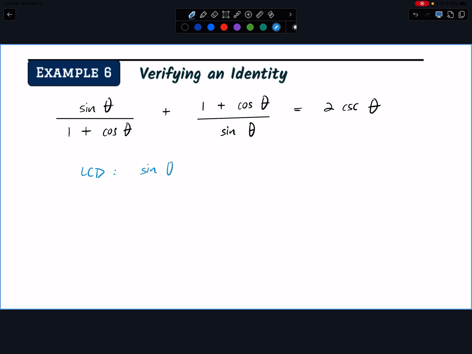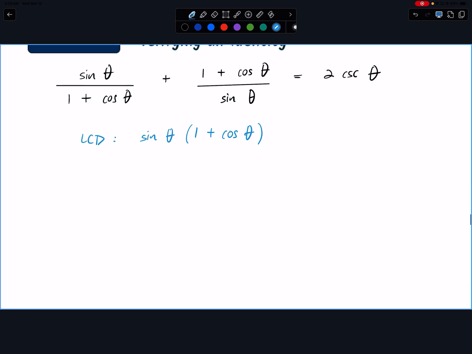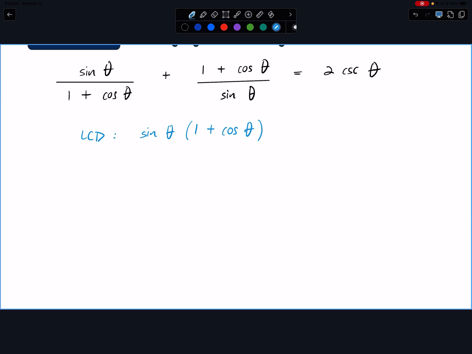Sine theta times 1 plus cosine theta. Okay? I know about half you guys had me and half you guys didn't have me. The way I explain this to kids is like, this already has a 1 plus cosine theta, right? What am I missing from this denominator so it matches my LCD? Sine theta, right? So I'm only gonna multiply by what I need, top and bottom. So I'm gonna multiply this fraction, top and bottom, by sine theta. So to make it easier on myself and less steps, what is sine times sine? Sine squared. So this is gonna become sine squared theta over